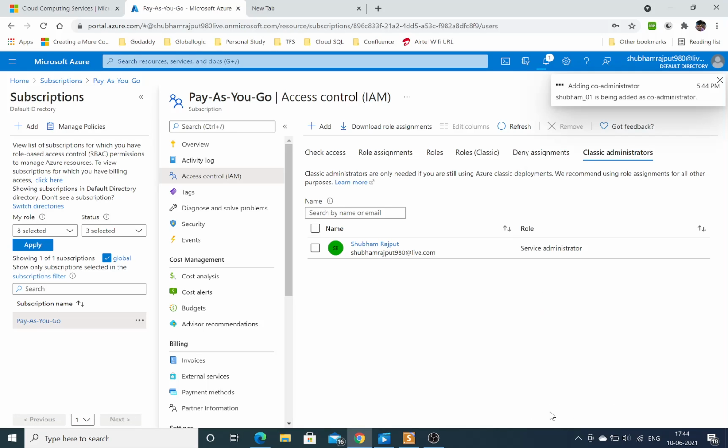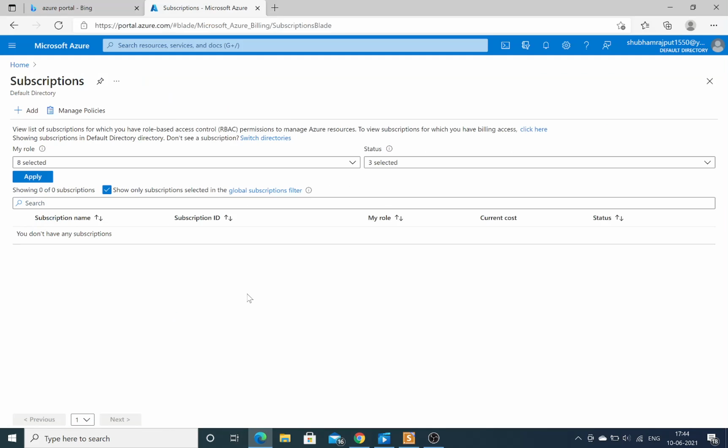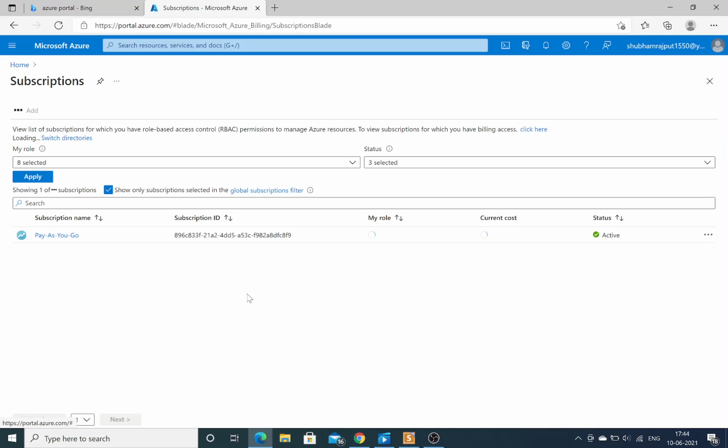It takes a few minutes. Now it comes with the role of co-administrator. If I refresh, the subscription is now coming over here, but because I am a co-administrator I don't have root-level access. So it shows me unauthorized because I don't have access for checking the subscription details and the billing.